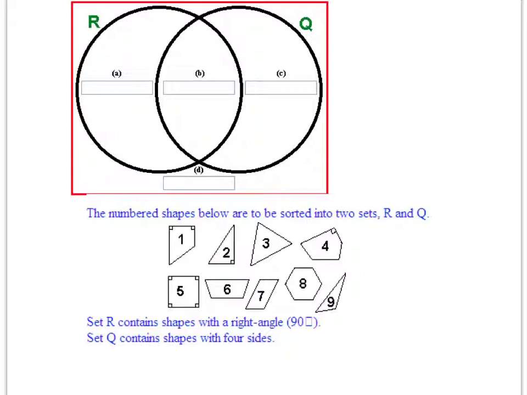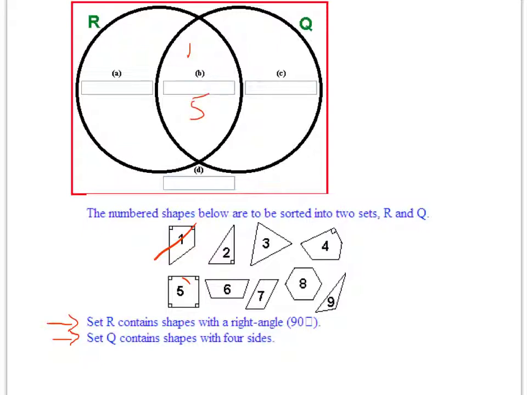So for the last one here, number shapes below are sorted into two sets, R and Q. And set R should contain the shapes with a right angle, 90-degree angle, and those are, you can see those little corners drawn in some of the figures. And then set Q contains the shapes with 4 sides. Okay, so again, I usually find it simplest to start with the intersection. So what are the ones that not only have right angles, but also 4 sides? And that would be number 1, that one, and 4 sides and right angles would be number 5, right, that one,